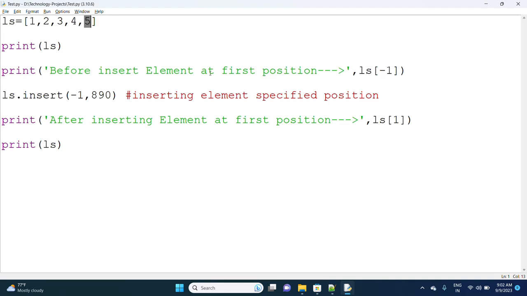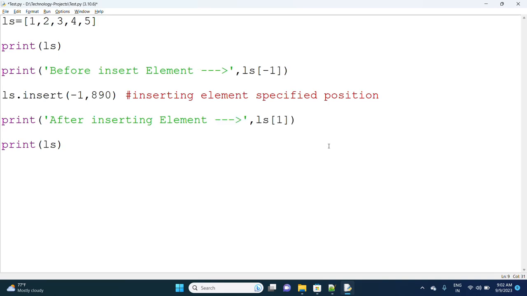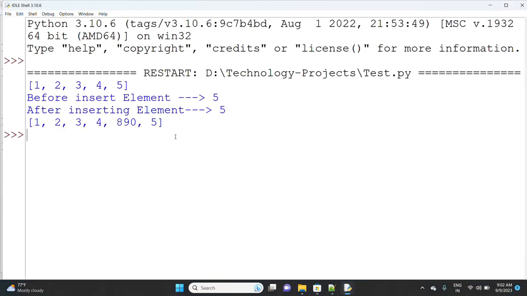Before inserting element at the first position, before inserting element, after inserting element. See, observe here, now the same program as previous only, but here I have just changed the -1. Okay, observe carefully. I'm running this program. If you observe here,